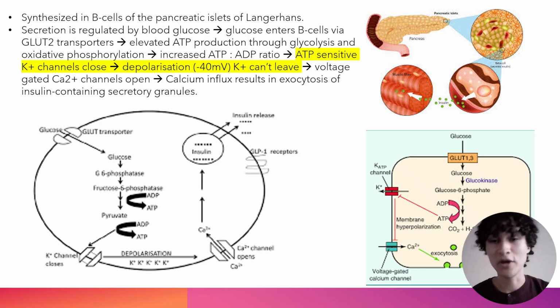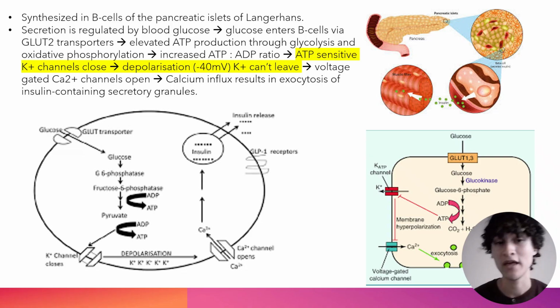Okay. But taking a few steps back to the beta pancreatic cells. In the islets of Langerhans, one of those cell types is the beta pancreatic cells. As I said, they synthesize and secrete insulin in response to raised blood glucose levels, or hyperglycaemia. So if you've just had a high carbohydrate meal like pasta or mashed potato, any kind of carbohydrates, in the digestive system those carbohydrates are broken down into sugars, into glucose, and it's taken into